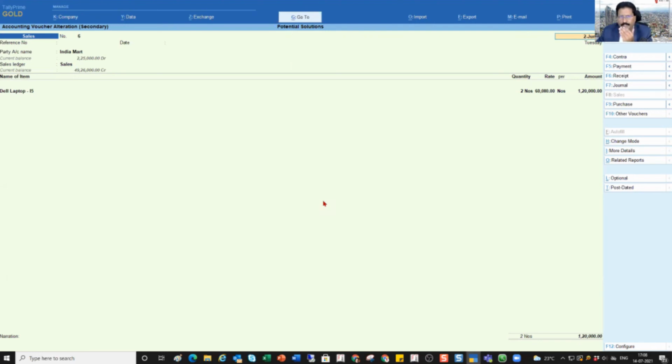So now you are going to raise a credit note. So important information that you need to capture, especially from the GST point of view. For the credit note, you have to make sure that you capture the original invoice number and the original invoice date. So your original invoice number, for which we are now going to make a credit note, invoice number 6, dated 2nd of June, right?